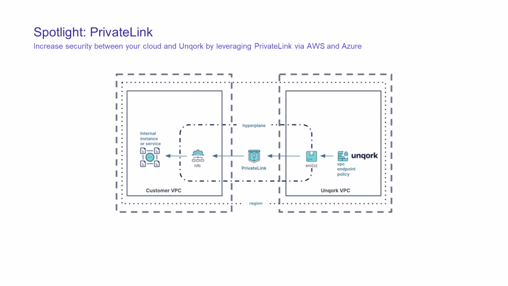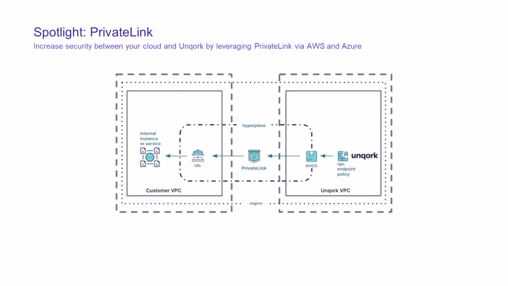I mentioned this a couple times. I wanted to call this out because I think this is an area that has a tremendous amount of value. We all have a polyglot approach to how we build. There are some things that are going to be built in, let's say, Java. There are some things that are built in Unqork. You want all these systems to talk to each other. And as the push towards moving all workloads to the cloud continues, a lot of those APIs or services are going to be hosted on the cloud.